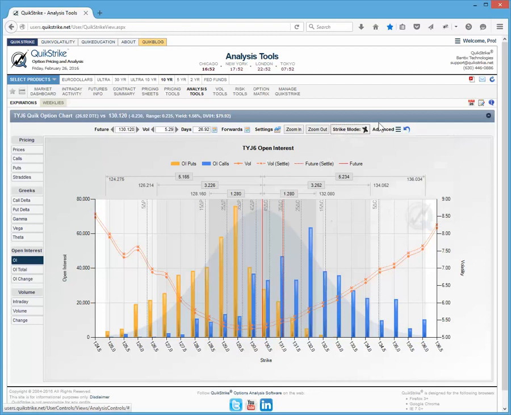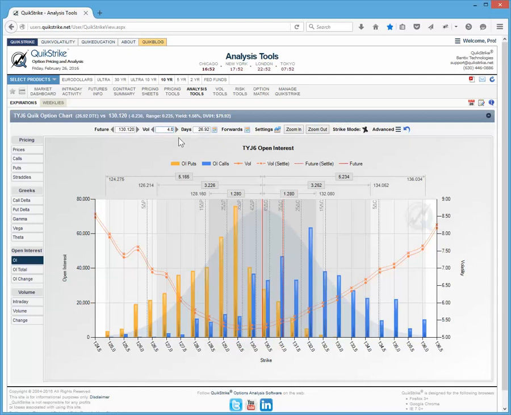Okay, and then finally over here, we have our advanced menu like we saw before, our strike mode like we saw before. Everything but the zoom in and zoom out, and the settings, sorry, the settings, zoom in and zoom out, that is what is added for the quick option chart, and the rest is the same as if it's a regular pricing sheet. So I could come in here and I could change this volatility down to 4, and